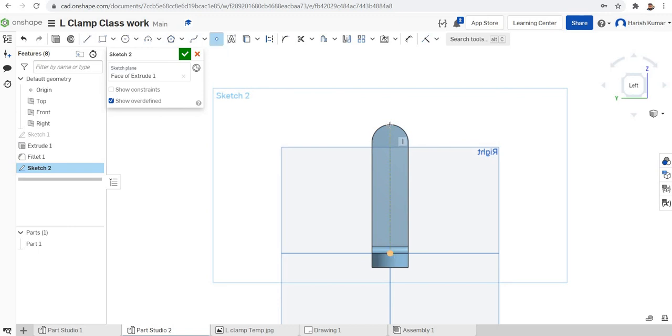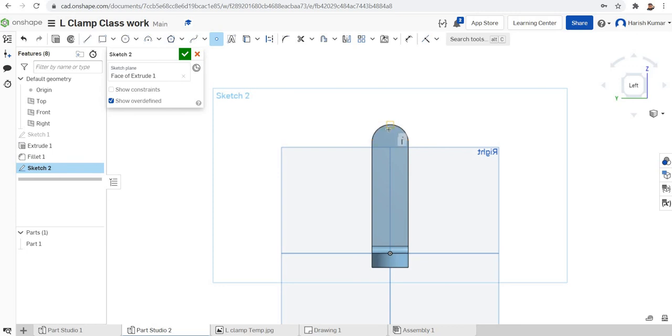Okay, so if you move to the round surface and slowly move, you can see it is concentric. The concentric constraint now comes automatically, so no need to click; you can simply move towards that curved end. The midpoint is now shown, that is, you can see the midpoint constraint is visible now.